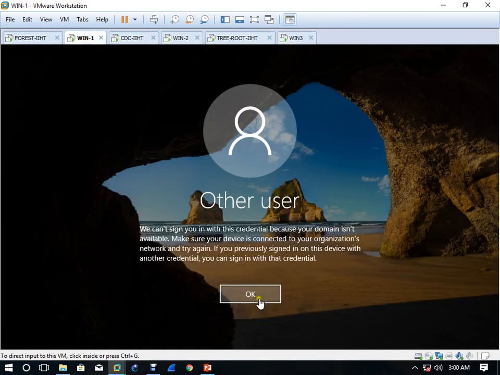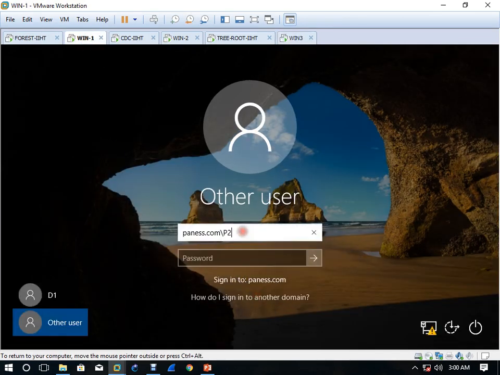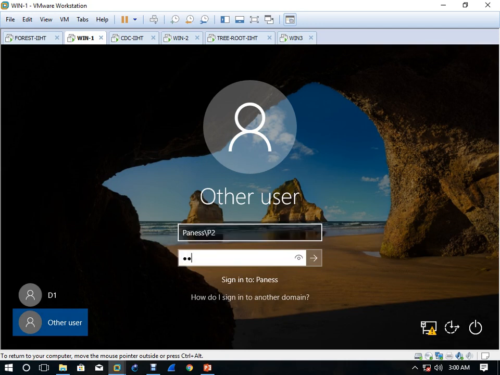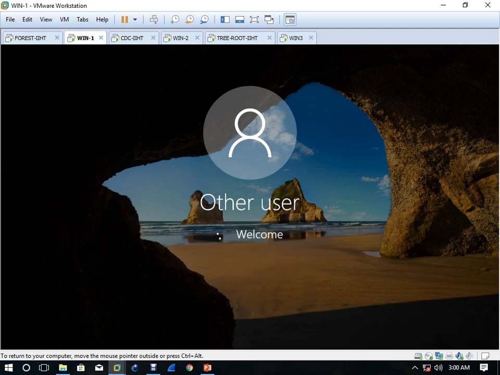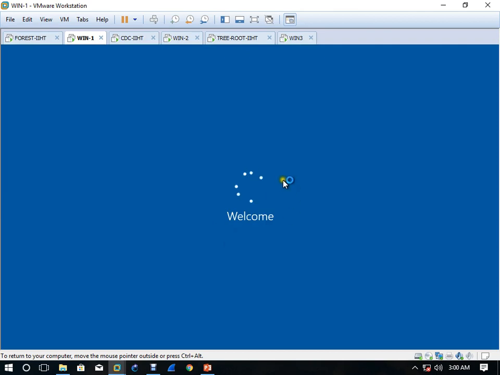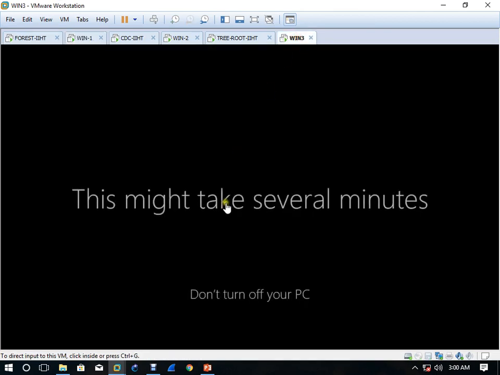Let's try here. Panis slash p2. Okay, so you can see with the help of p2 you are able to log in here, and here you are able to log in with a student.